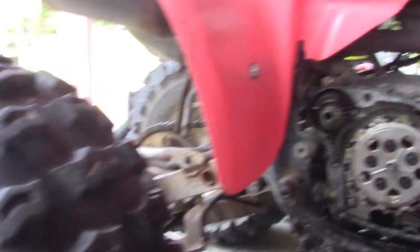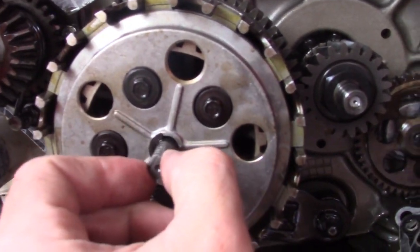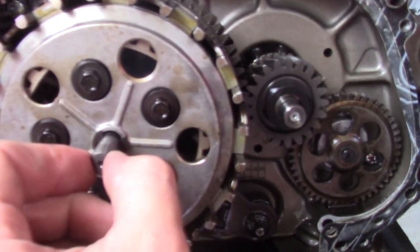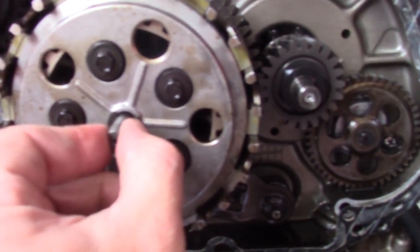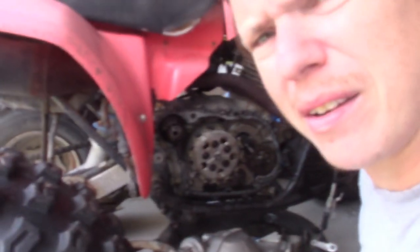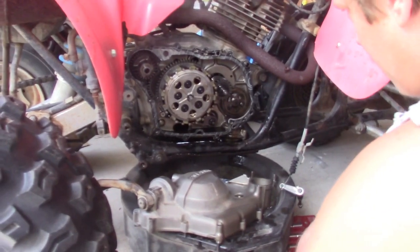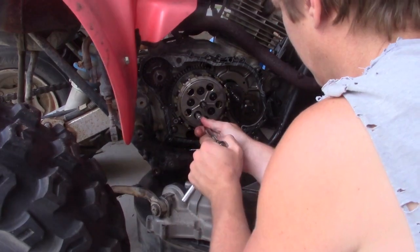So we got this little snap ring here, and then whatever. It's awful damn loose. I get the feeling that's important. So, let me make sure I got you where you can see mostly what's going on here. I'm doing my thing. Alright. So,